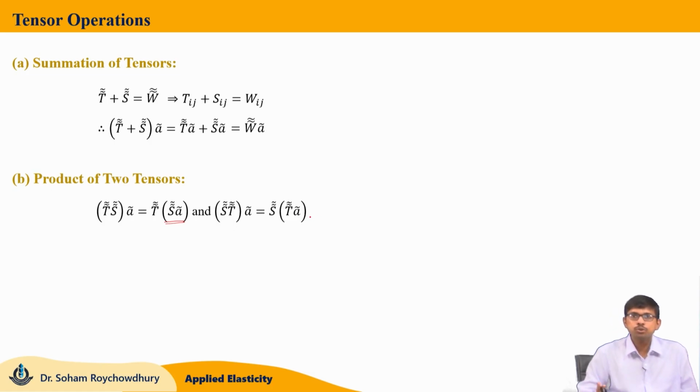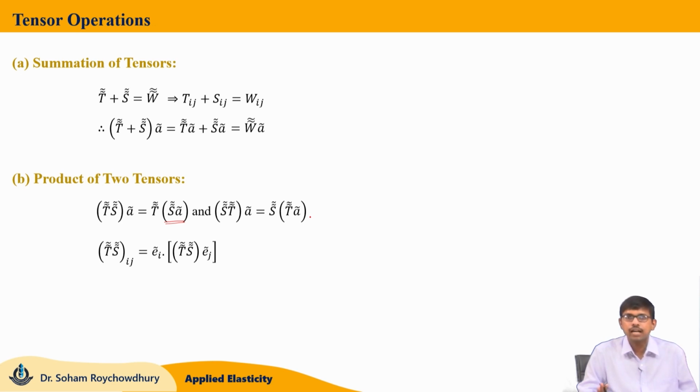So, out of these two tensors whose product we are taking, any one will be picked up, the second one will be acting on the vector first, and then that output will be subjected to the first tensor operation. Now,